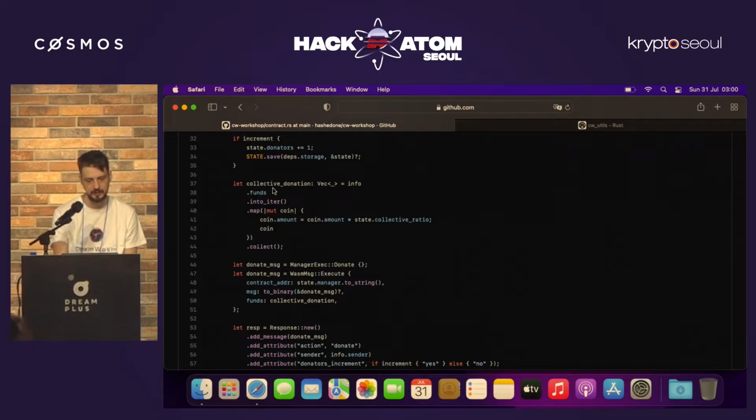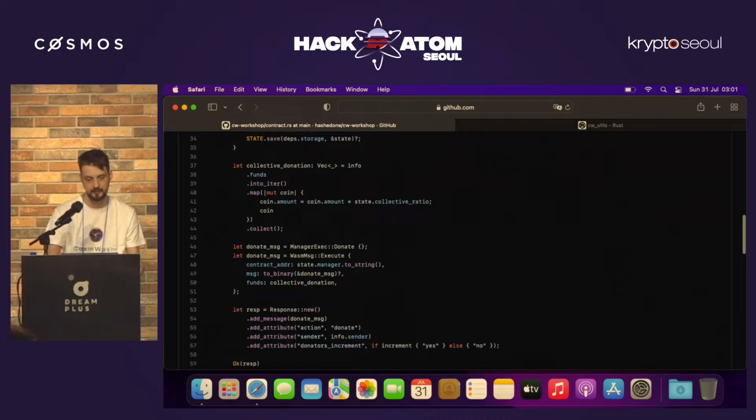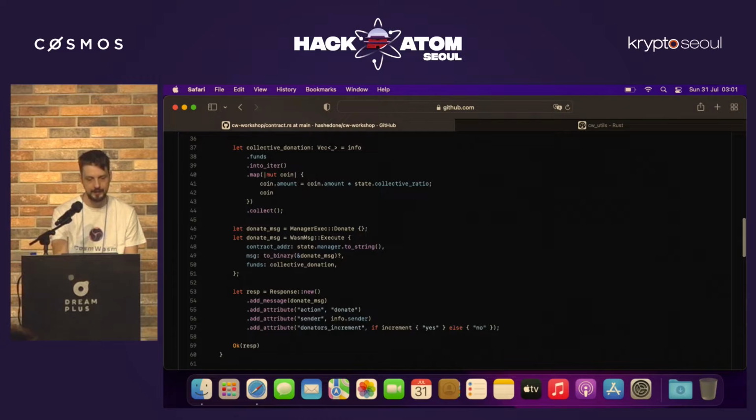So I just iterate through all the funds I got, so all the tokens sent, and I map them. I multiply the amount of the tokens sent by the collective ratio, and this is how I keep how much donations I send to the manager, and I simply